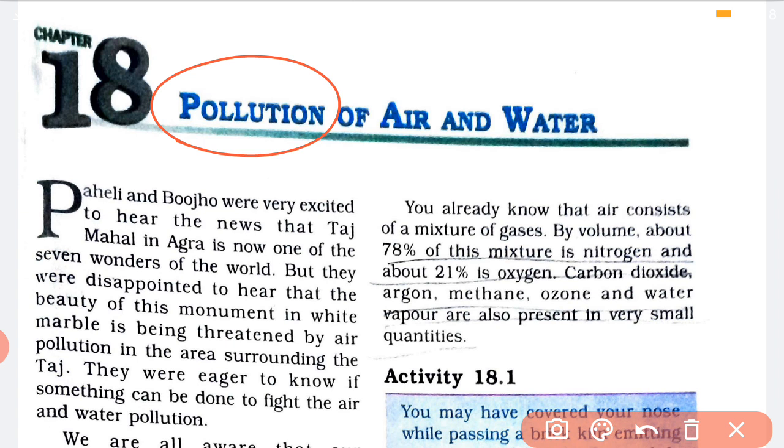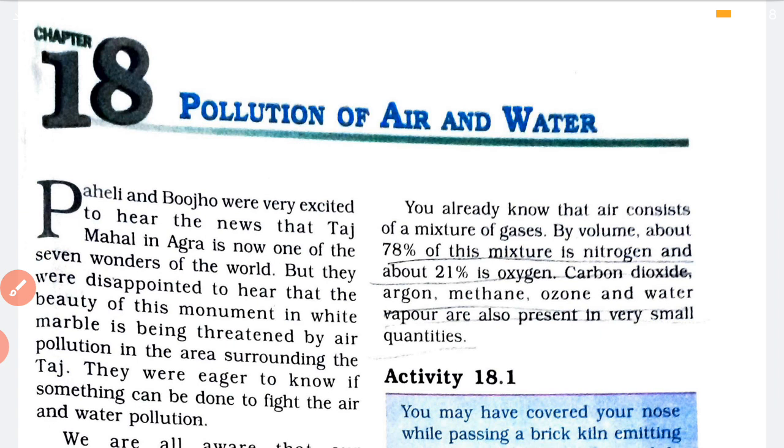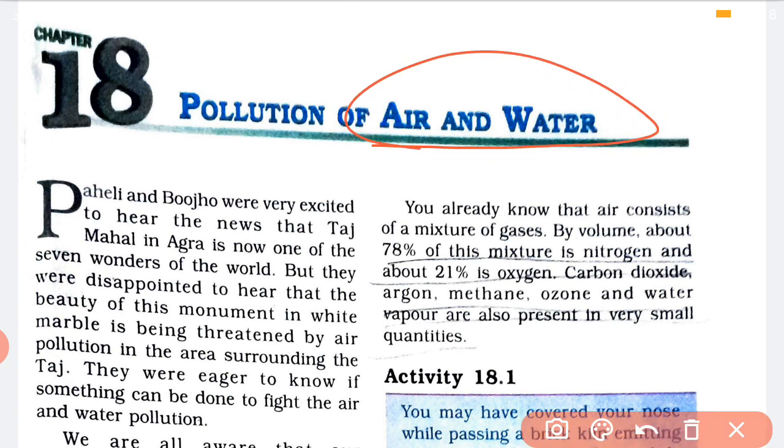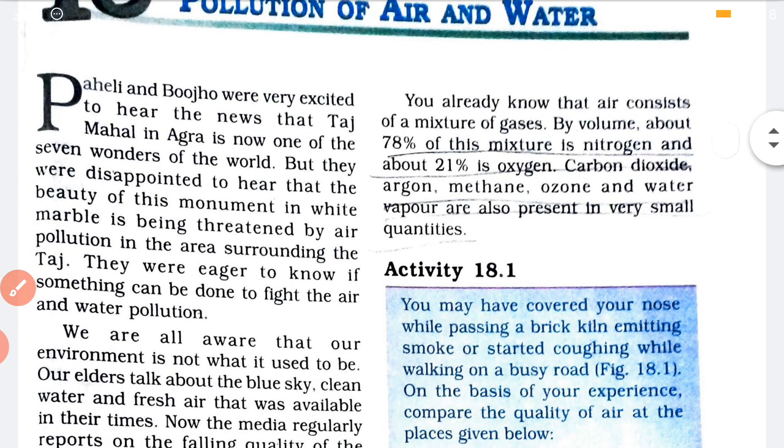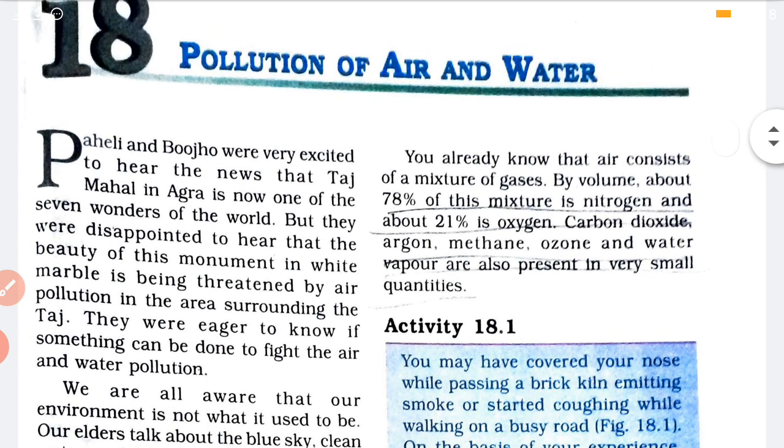मीन्स हमारा जो एनवायरनमेंट है उसमें ऐसे चीज़ों का मिक्स होना जो हमारे लिए हानिकारक है, जो हमारे लिए फ़ायदेमंद नहीं है. This is pollution. And pollution is of different types, you know that also: air pollution, water pollution, land pollution, sound pollution. But in this chapter, we are going to see about air and water pollution. Now, the substances which cause pollution are known as pollutants. We also know this.